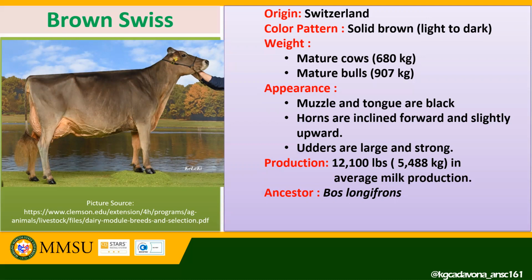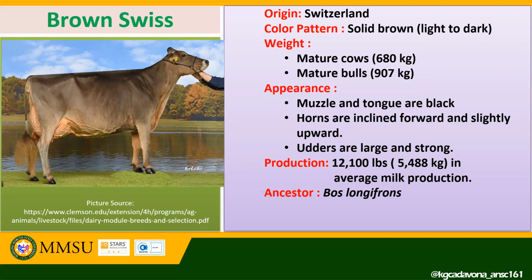For its weight, mature cows weigh of around 680 kilogram, while the bulls weigh 907 kilogram in average. But for the heifers under this breed, they do usually mature more slowly when we compare it to other breeds. Then aside from that, they are heat tolerant. Kaya they are commonly raised here in the Philippines, and mostly yung bulls ng breed na to ay usually ginagamit